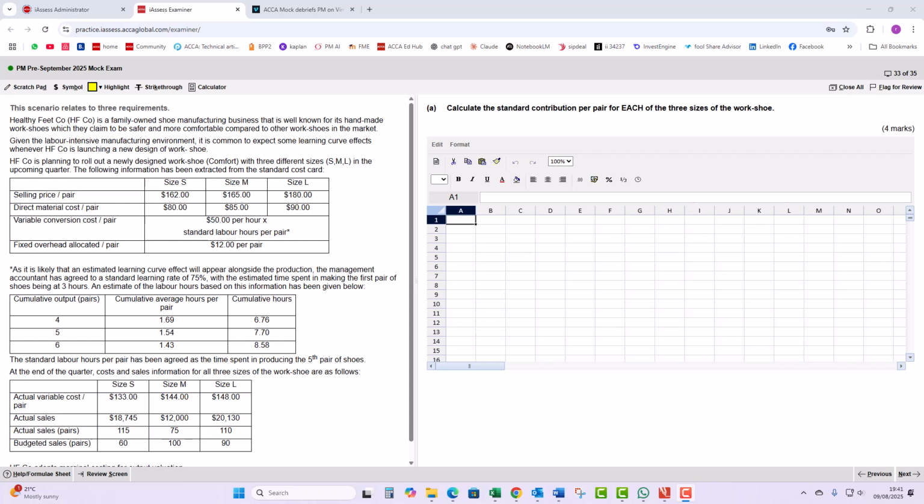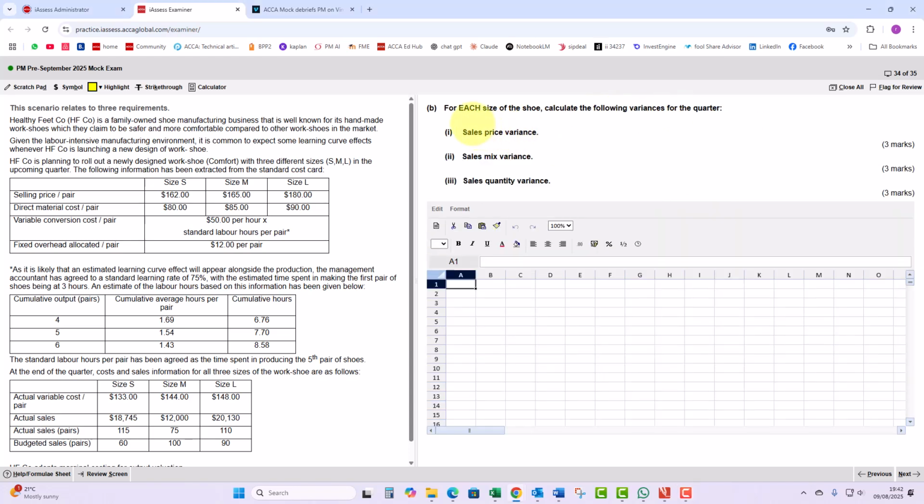Okay, so we're on to our last section C question in this mock. Once again, 20 marks available here, so we've got 36 minutes we'd allocate. For 4 marks, we need to calculate the standard contribution per pair for each of the 3 sizes of work